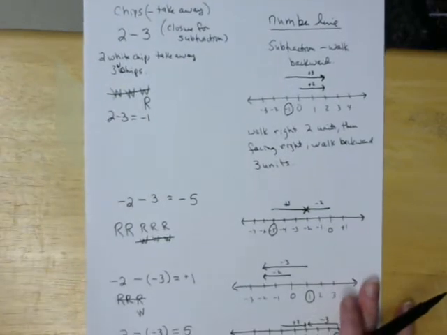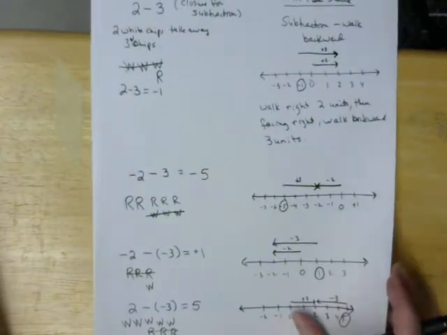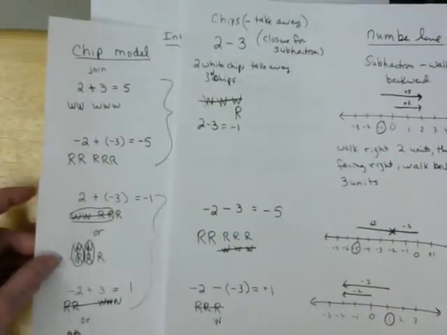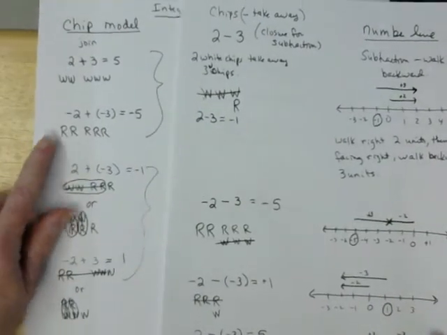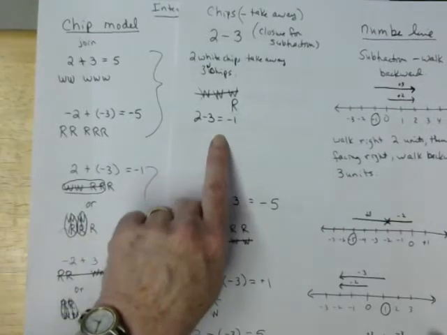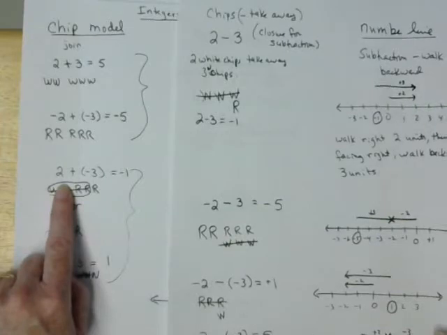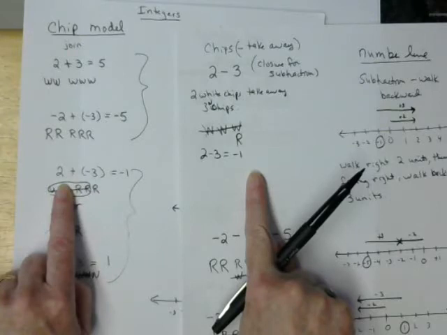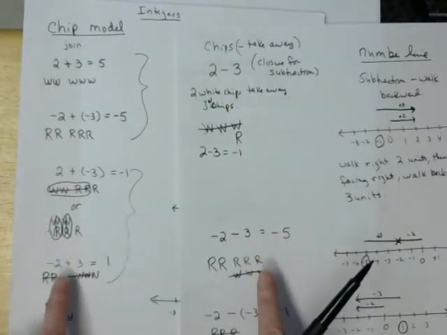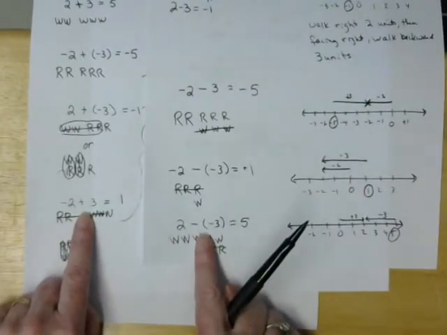Then we would want to have them do some subtraction problems for a few days until they kind of got the hang of subtraction. And then we would want to give them several days worth of mixed problems where they were able to then compare what happens when you have problems like 2 minus 3, which is the same as this 2 plus a negative 3. We see that we end up with the same answer here. And that the negative 2 plus 3 actually gives us the same answer as,